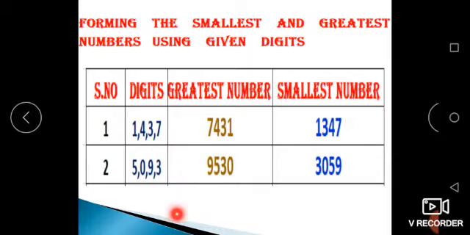3 is the first smallest number, and we already know 0 is the second smallest number. Then next we find the smallest of 5 and 9. Yes, 5 is the third smallest number, and the final number 9 is the last. Okay, 3059 can be formed by the digits 5, 0, 9 and 3. We'll move to the next slide.